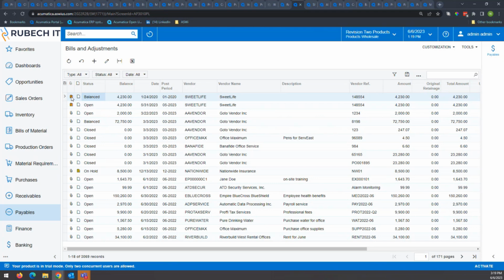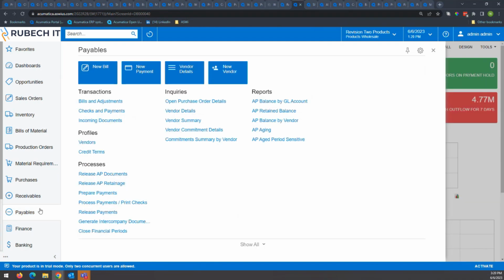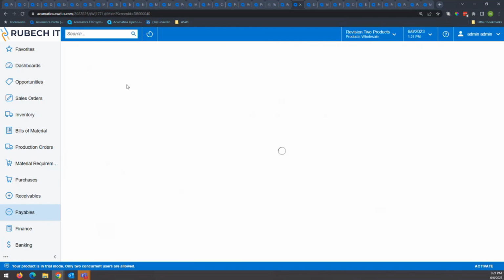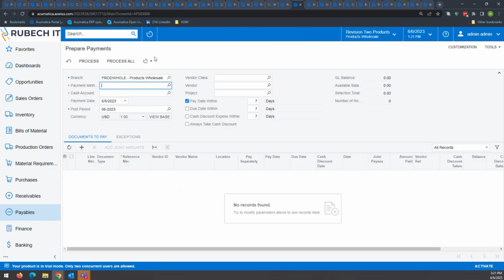It's one of the biggest reasons why they're using Acumatica: the ability just to match those invoices. One thing I mentioned earlier about processes: anytime you see a process, you can put the system on a schedule. If I have a process like AP document recognition that brings in all of those invoices and books them for me, and I need to prepare payments on a schedule, you can set the system to not